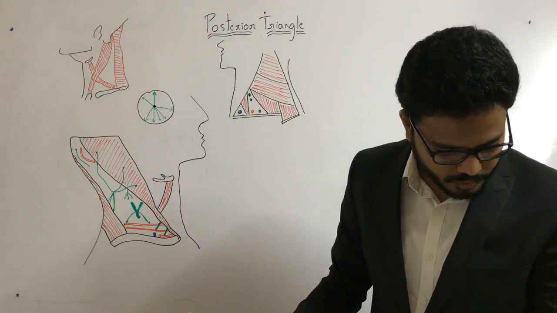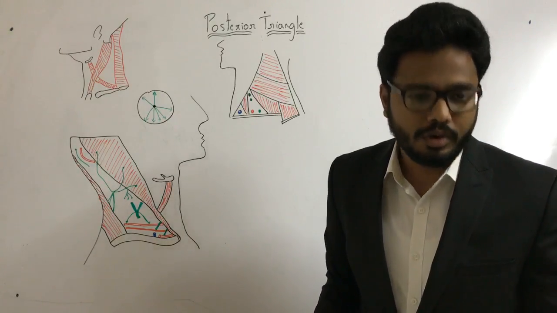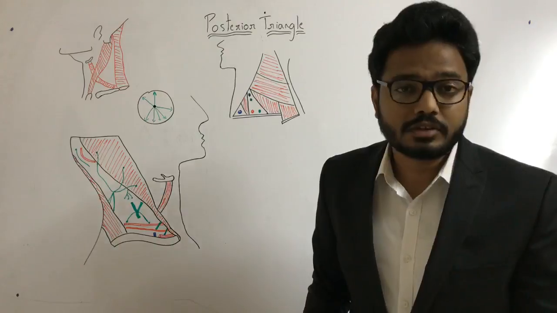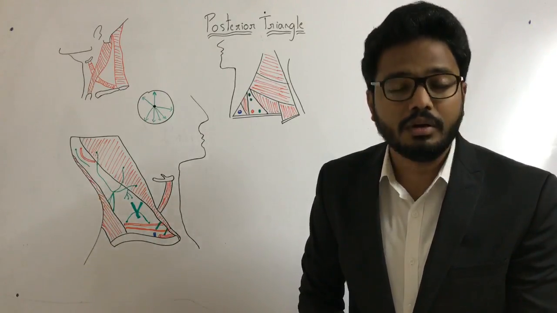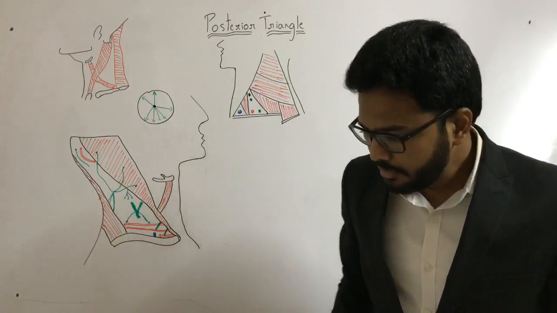So we'll just go through the contents given in roof and floor, and then we'll proceed with the contents of posterior triangle, where we have a table where we'll try to focus on the contents. Okay. So coming to the roof,